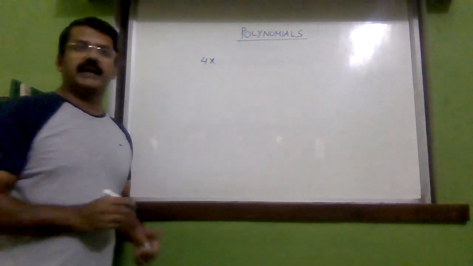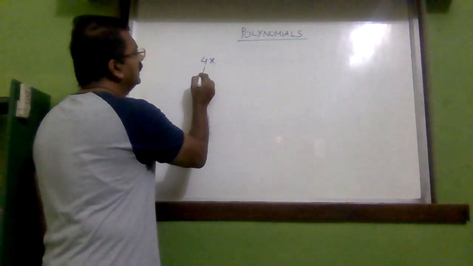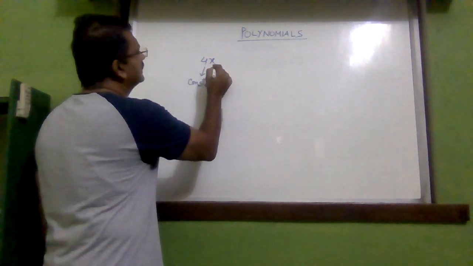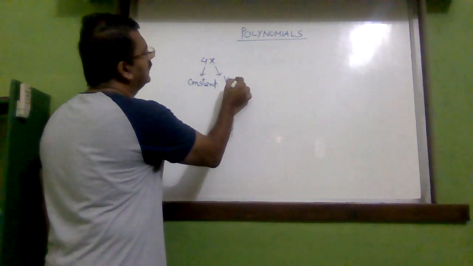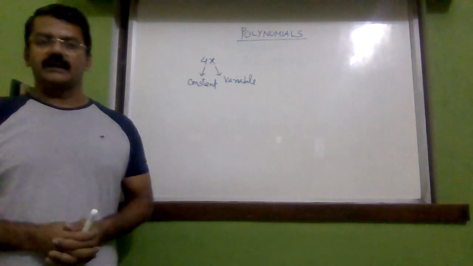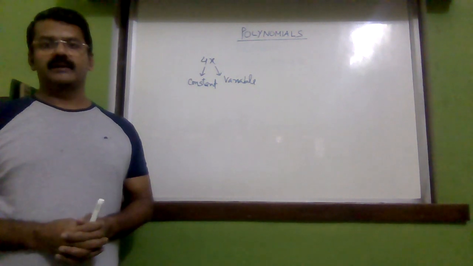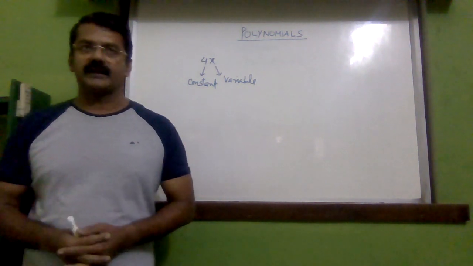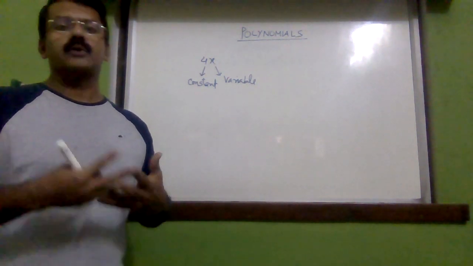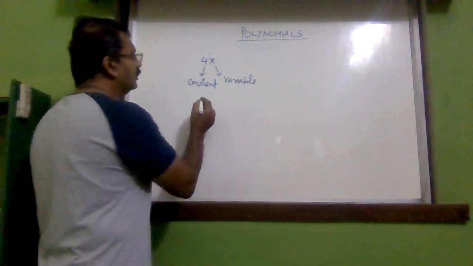4x is a polynomial and this 4 is the constant part and this x is the variable part. Now, in any polynomial, the constant part remains the same throughout the working of the expression and the variable part keeps on changing. Clear? For example, suppose